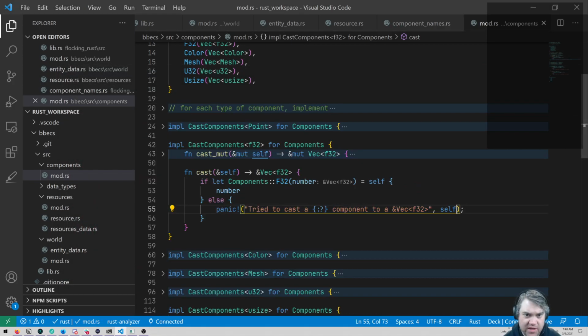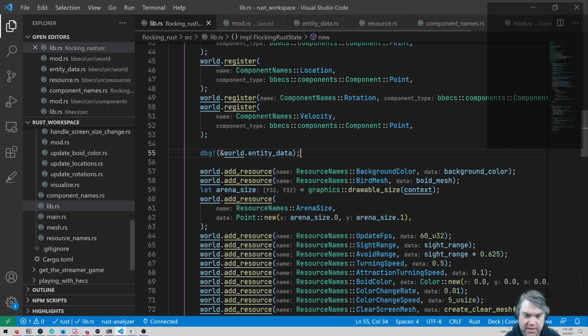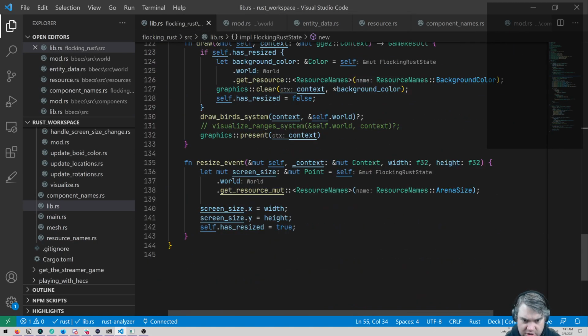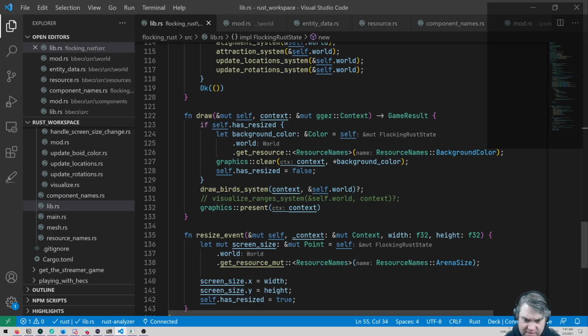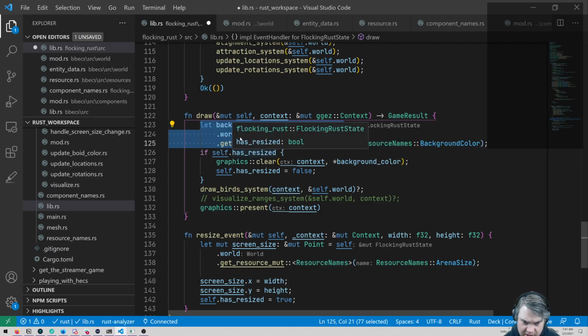I forgot because I turned off the clear screen method. We need to put that back in. So the main library, no, the other main library in the draw. So we have this if self has resized, we're going to graphics clear. I actually want to do this up here to get the background color for this.